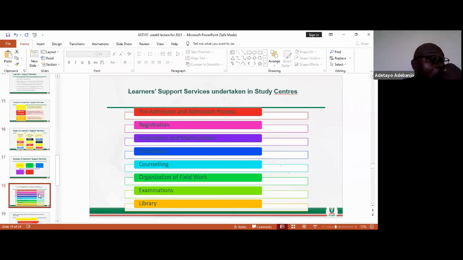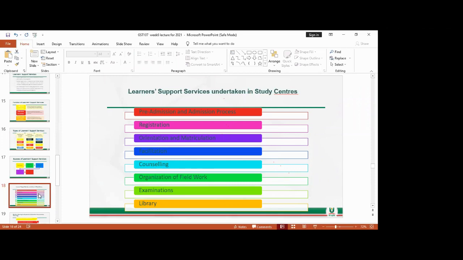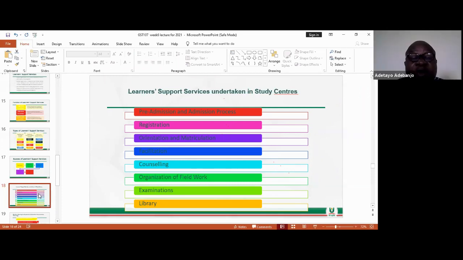And that is why we said that anyone coming to National Open University, first and foremost, you must be computer literate. Not that you must be versatile in the use of computer, because the whole thing is going technological. And all these things are things that you need in order to complete your registration and even during your exam,